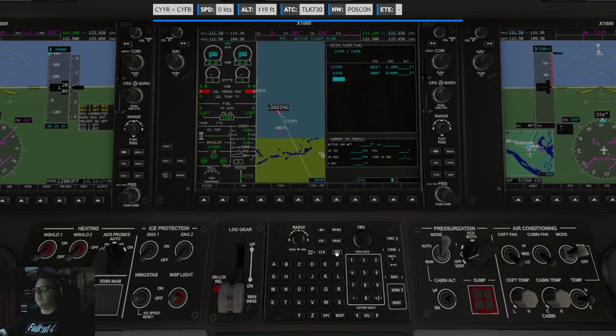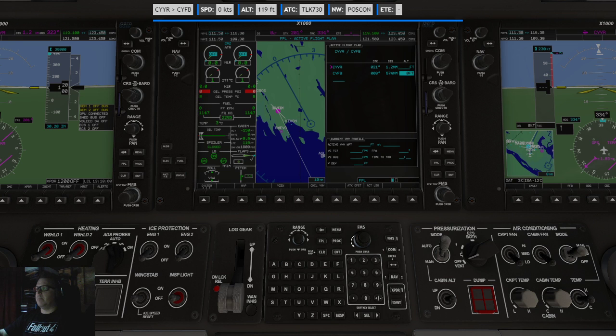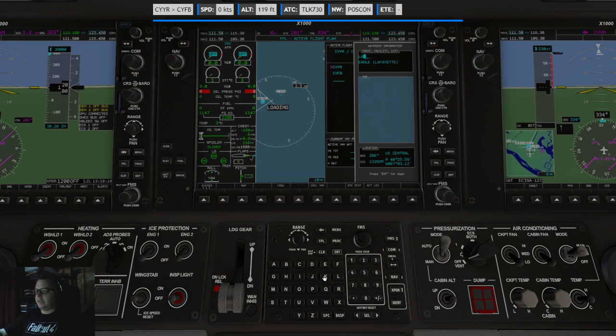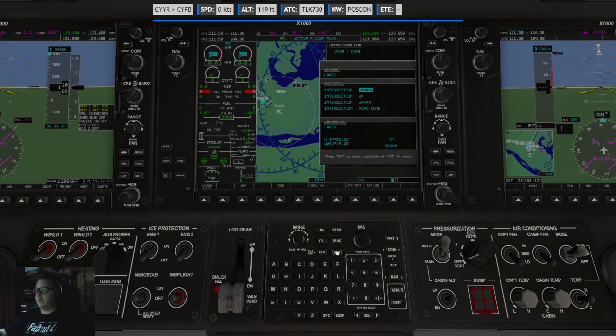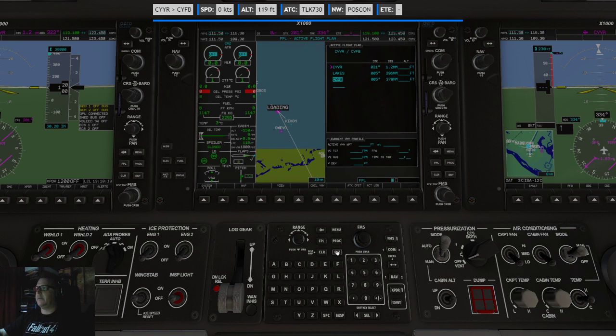And enter. All right. Now we go back one, and we enter our waypoints on top of that. So Lakes. Enter. Lakes Canada, very important. And Rodbow.